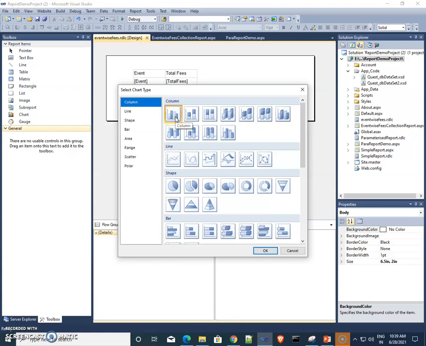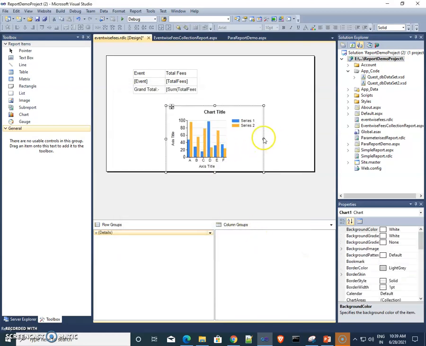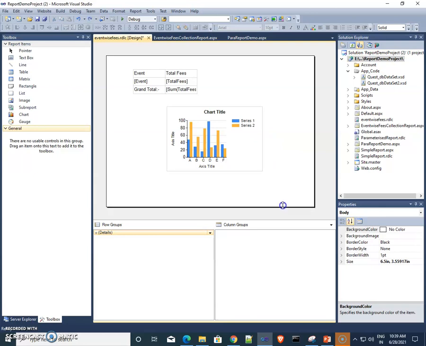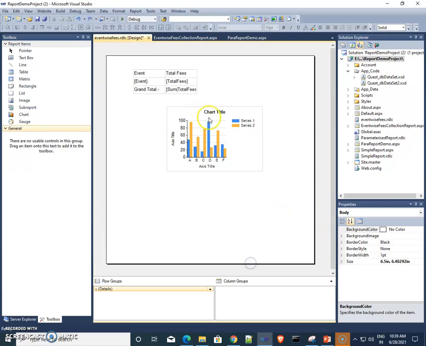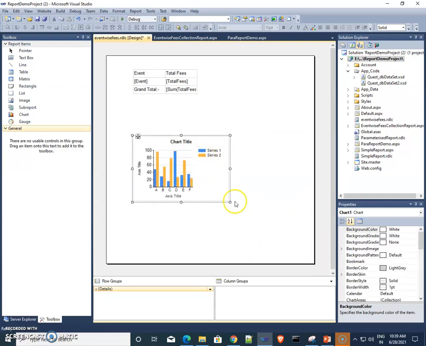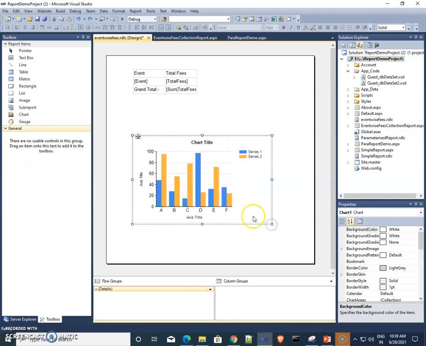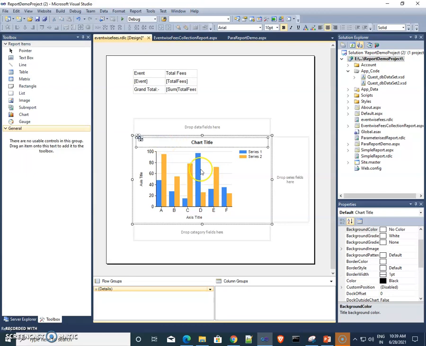Here I am selecting one. You can select any chart that you want. Here we see how to create our sample chart.